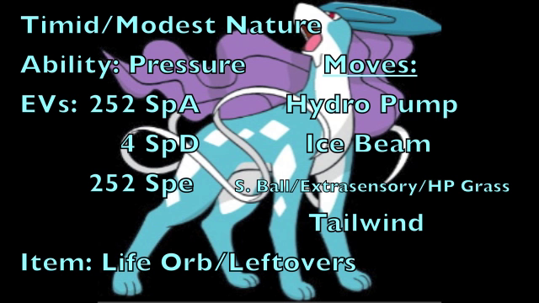As for this next set, we're going to be giving Suicune a more offensive role in battle. So we're going to start this one off by giving it either a timid nature to increase its speed but lower its physical attack, or a modest nature to increase its special attack but lower its physical attack. And again, we're going to be going with the pressure ability. As for the EVs, we're going to put 252 into its special attack to max that out, 4 into its special defense to make its special defense slightly higher than its physical defense to mess with Pokemon that use the